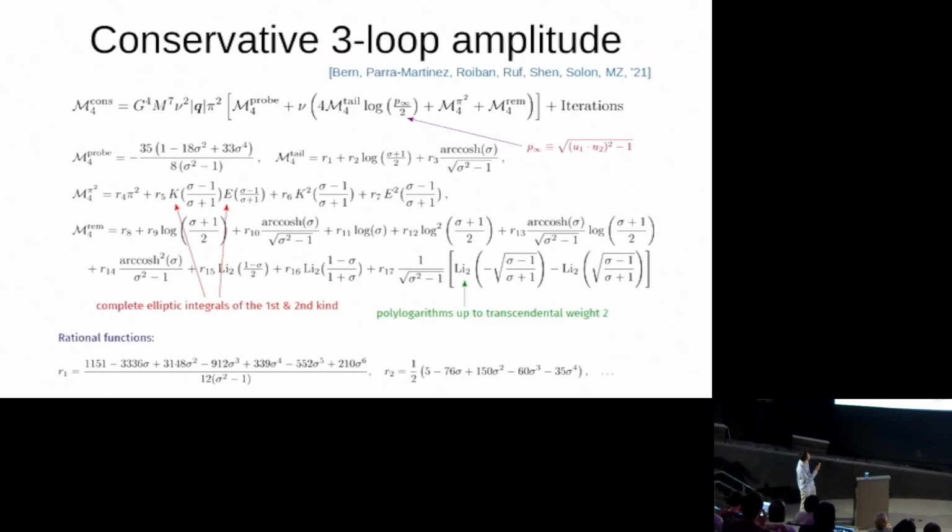And I'll just flash the 3-loop result. For example, from the 21 paper, there were also independent worldline calculations later in the year by Rafael Porto and collaborators. We have a mix of polylogarithmic solutions like Li2. Here we have this arccosh. If you adopt variables that rationalize these square roots, these arccosh are simply logarithms. But you also have these complete elliptic integrals K and E, and at higher orders you will get even more complex functions like iterated elliptic integrals.